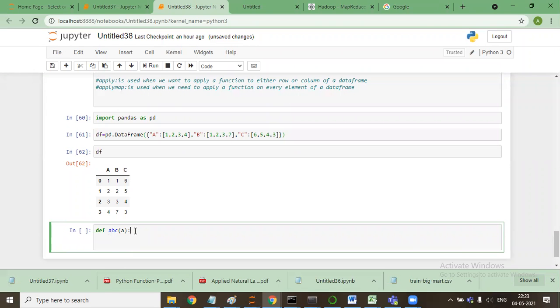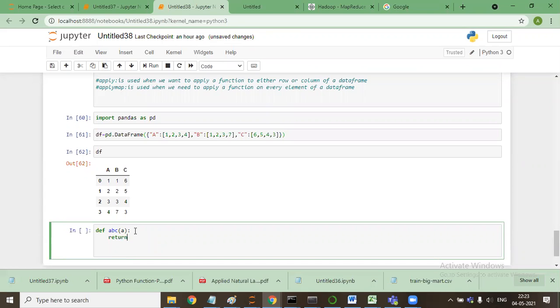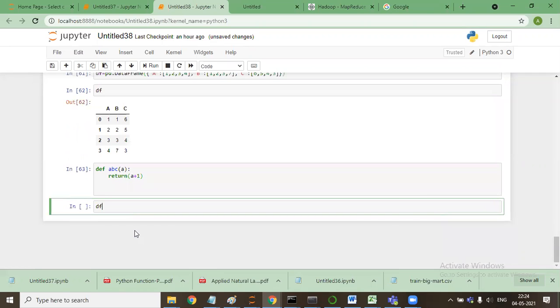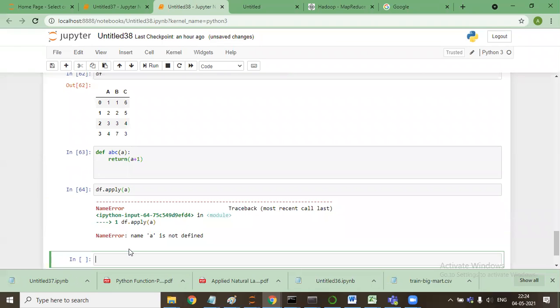Or if anybody knows any function that needs to be applied using apply, you can tell me, because I've been firing this just at random. Sir, square the value. Okay. Just, yeah, df.apply of abc.